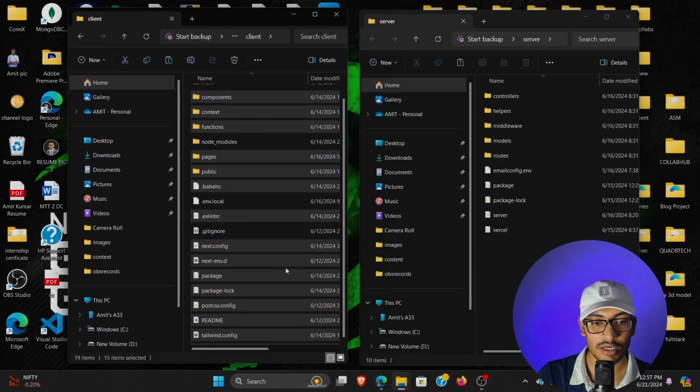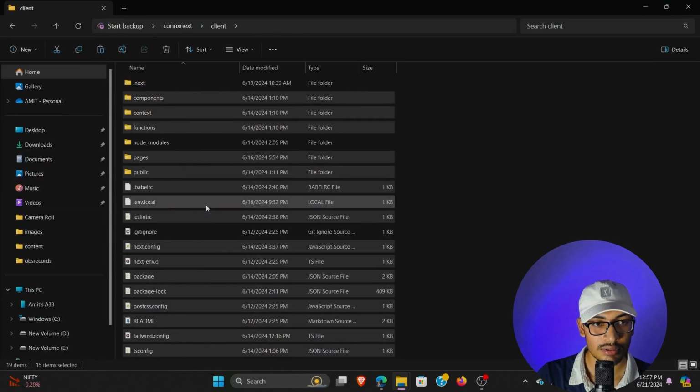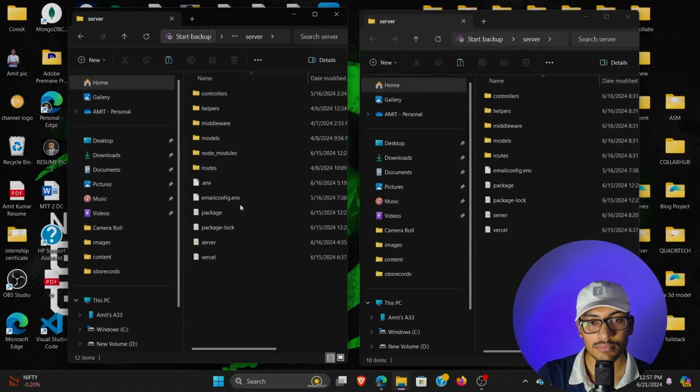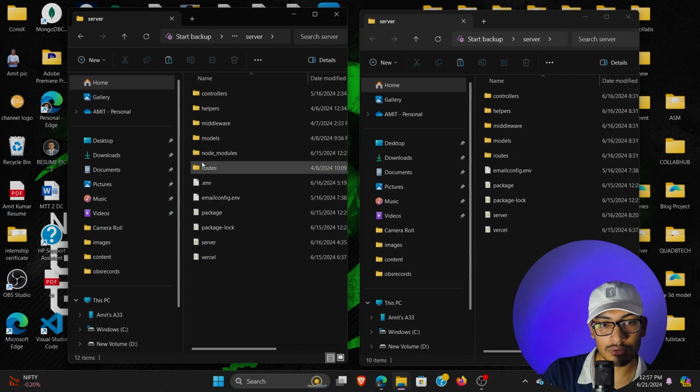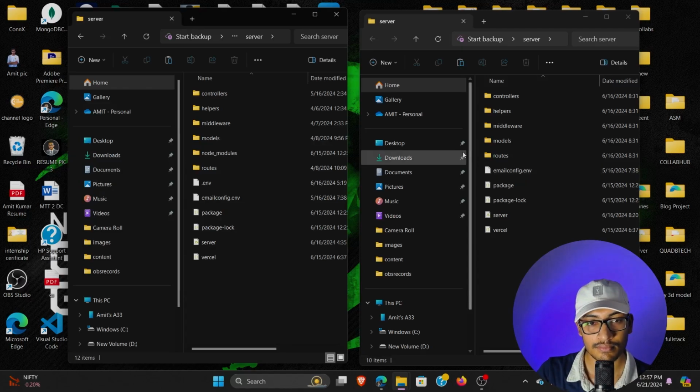Now again I'll show you, there is our main folder, and in the main folder we go into the server folder. Here you can see there is no node modules folder, because there is no requirement to upload node modules on GitHub.